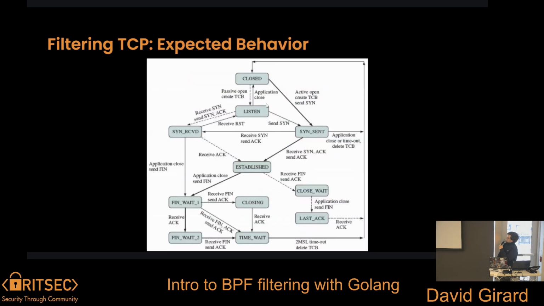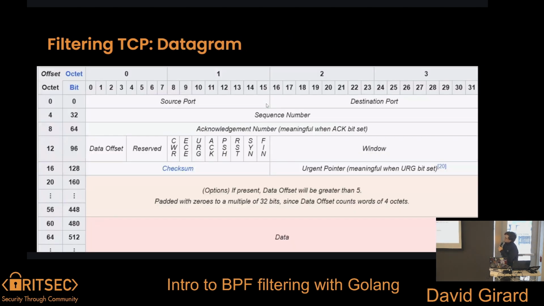And here's a state diagram where it says you'll receive a reset if the port's closed, and that's really just reiterating what I went over. But getting into the actual datagram, we have source port, all the things you expect, all the things you want, and then our problem, which is options if present. So if options are present, then we can see that we'll be starting at a different byte than we otherwise would expect to be. And that's kind of a problem